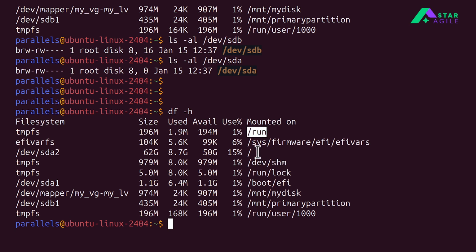When I say mounted, what does it mean? Mounted means you are making the partition accessible. How do you make it accessible? You mount it on some directory. If you don't mount it, the partition can no longer be used; you are unable to access it. So what does it actually mean? If you remember, on a day-to-day basis,